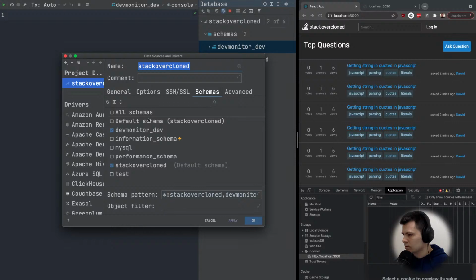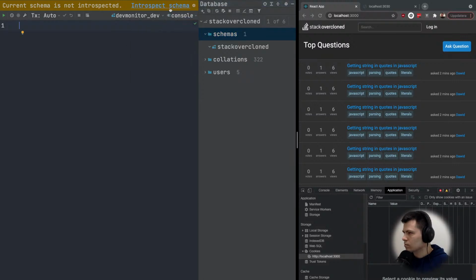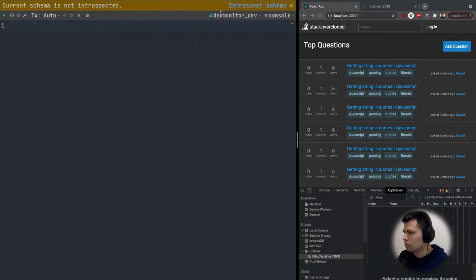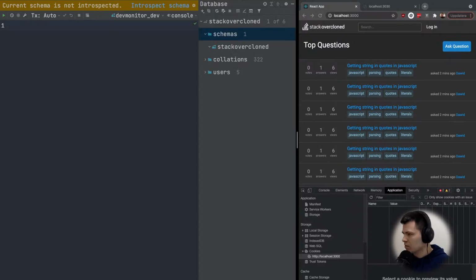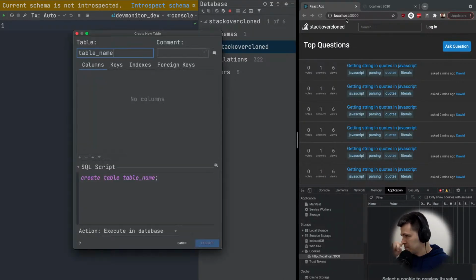Oh, I don't want this one. Alright, and in here let's create a new table and let's call it users,